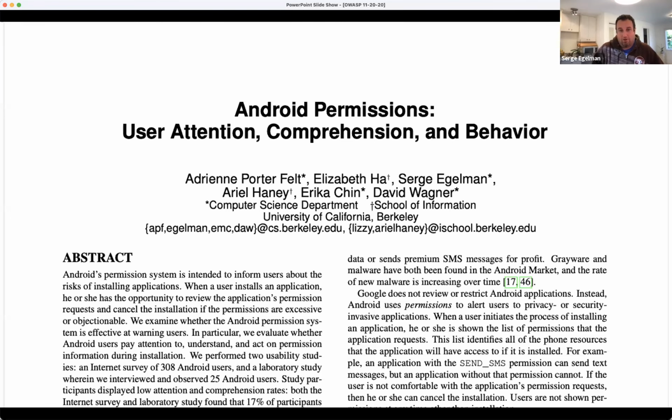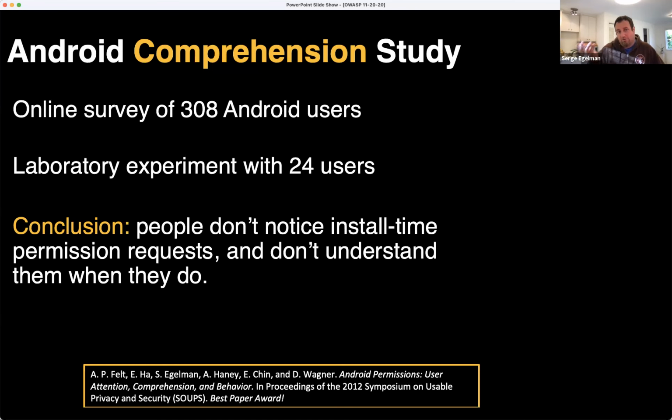We published a paper in 2012, and what we found, from conducting an online survey of 300 some Android users who we showed these dialogues to, was that very few of them really understood what they meant and what that allowed apps to do. We brought people into the lab as well, where we observed them install apps on their phones, and concluded that install time permission requests don't really work because people don't notice them, and they're not written clearly enough for people to understand them, even if they were to notice them.